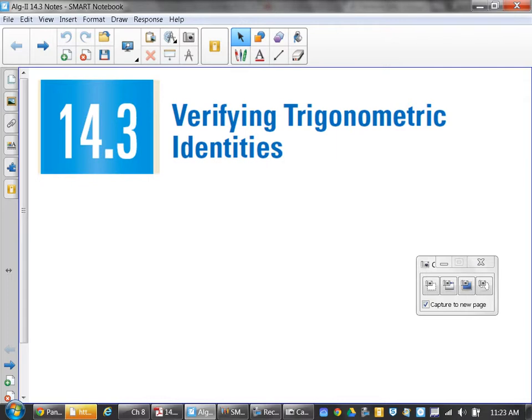Stuff that you have to deal with in this chapter, this school year. When you're dealing with section 14.3, we're talking about what's called verifying and simplifying trigonometric identities. When we have trig identities, you guys already know